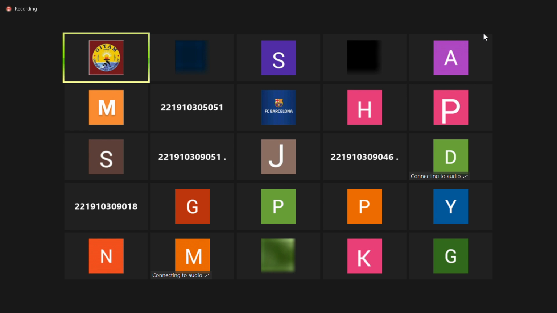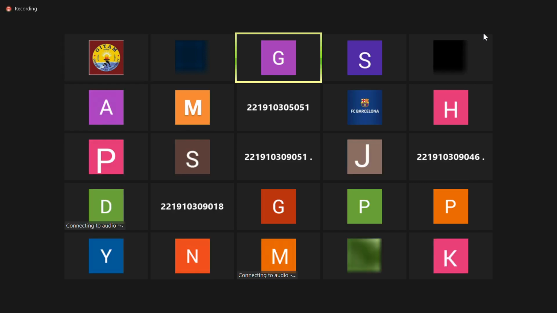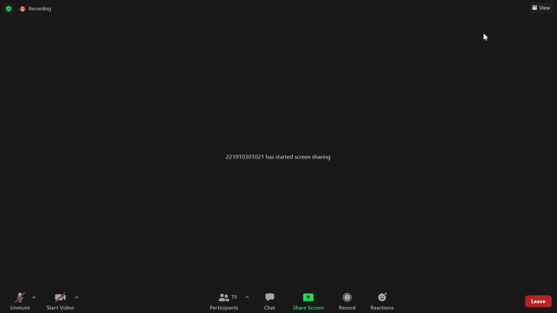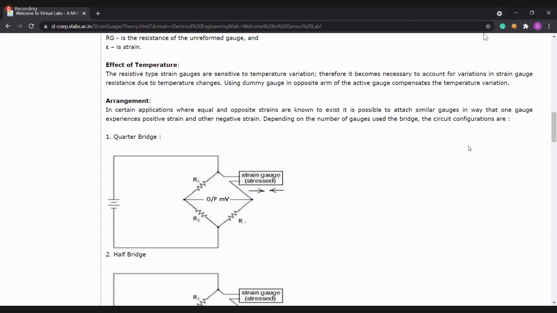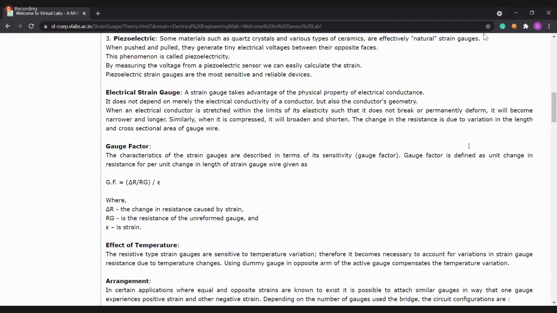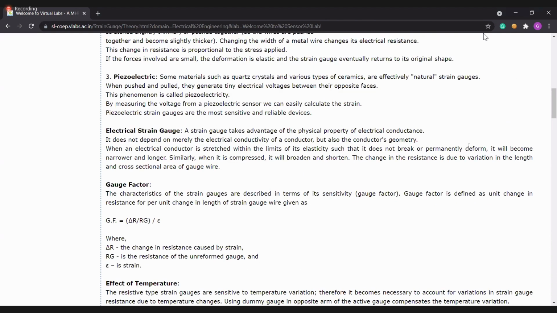CSC 121. Sir, share your screen. Sir, is it visible? Yes.